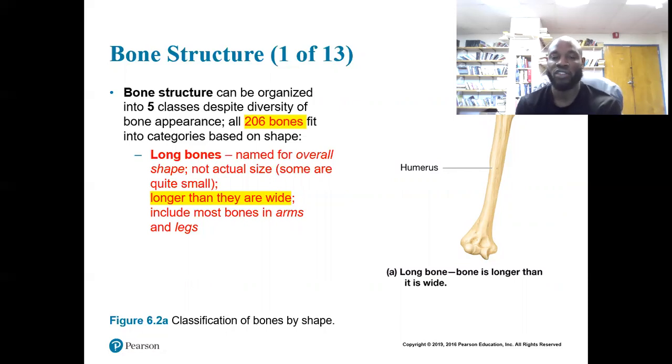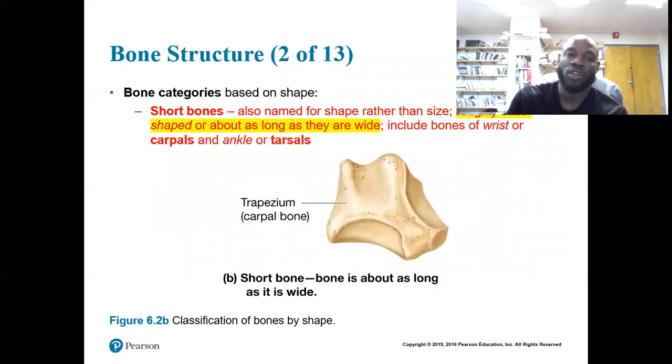So we have different categories of bones, basically based on their shape, all right? So long bones, longer than they are wide, right? These are usually the bones that we think about when we think about bones. The humerus, for instance, in your arm, the femur in your leg, right? Long bones. We also have short bones. If we have long, we have short, which makes sense. Short bones, roughly cube-shaped or as long as they are wide, right? Your carpals and tarsals, those are the bones in your hands and your feet.